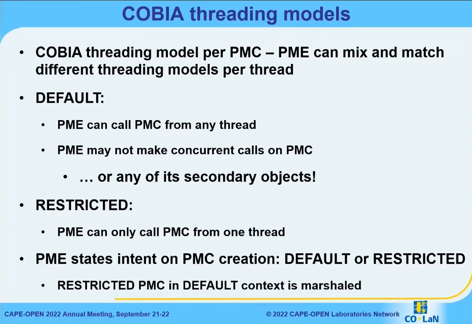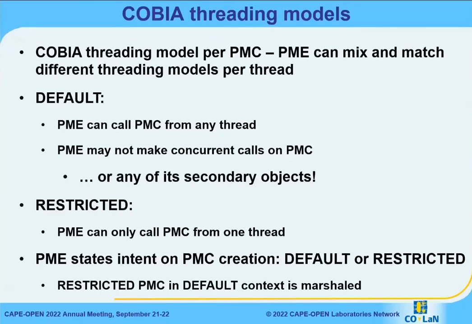It can indicate that during creation. It can indicate restricted threading is good enough. And then COBIA will create a PMC for you. And if it needs to create a restricted PMC and the PME has not said, "I will use this only in a restricted manner," then clearly COBIA must put some action in between that will ensure the PMC is only called from a single thread, and it will marshal it, which will work very much along the lines of what